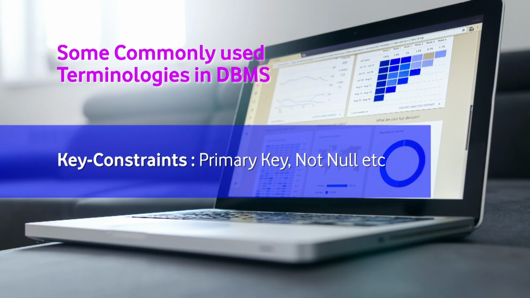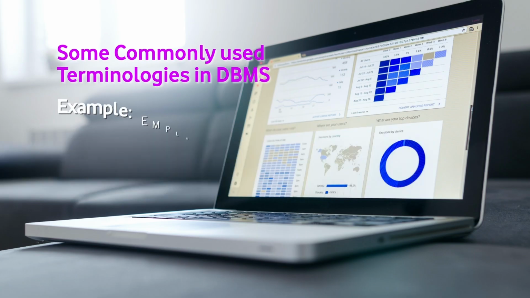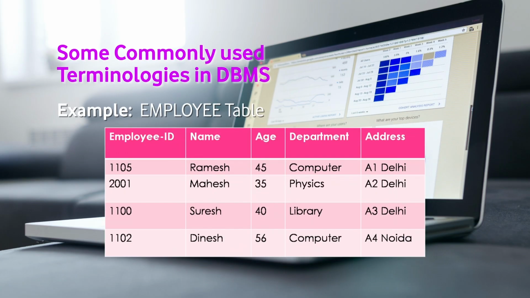Once you are creating this particular table with the help of the different attributes, then you have to apply different criteria. For example, if you are creating this employee table, in that employee ID you will be providing some kind of indication or instruction that this is a primary key. Similarly, at the same time you will be indicating that this primary key will be not null. It means you cannot leave it blank at the time of populating the data in that particular table.